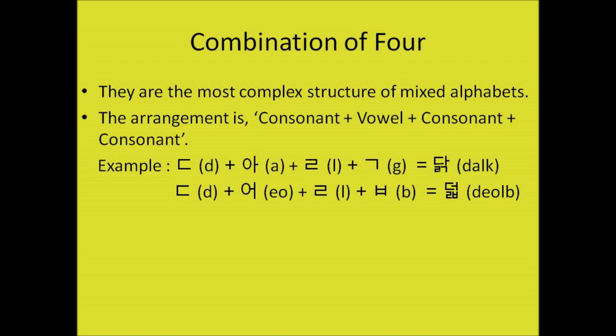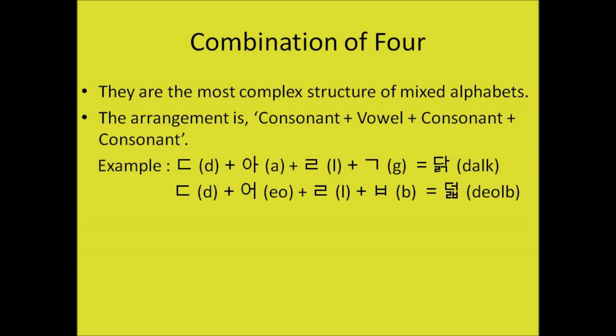Korean alphabets that come in combinations of 4 are the most complex structure of mixed alphabets used to generate words. The typical letter arrangement is consonant plus vowel plus consonant plus consonant. The double consonants which come at the bottom is known as 받침, which have its own set of pronunciation rules, which will be discussed in the below examples. 디귿, plus 아, plus 리을, plus 기억, gives